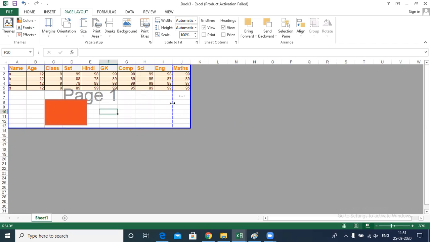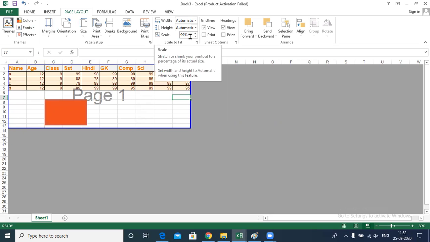Here you can see the dotted line is present over the screen. You can see this is page 1 data, this is page 2 data. Now what we want is to add this page 2 data to page 1. First of all, before proceeding, you can notice the scale is now 100%. That means whatever font size you have applied on your text, it will be printed with the same size. For example, I'm going to drag this particular blue line down to the last blue line. What will happen? That particular third last column will be added to page 1 instead of page 2.